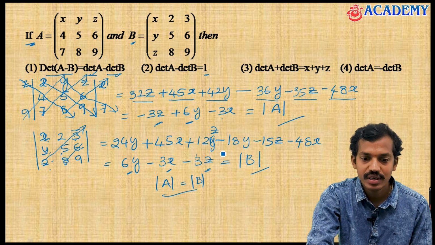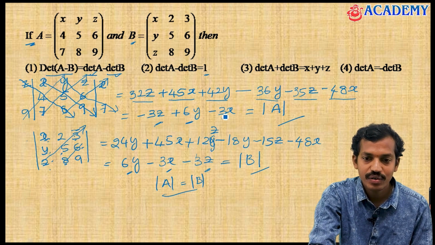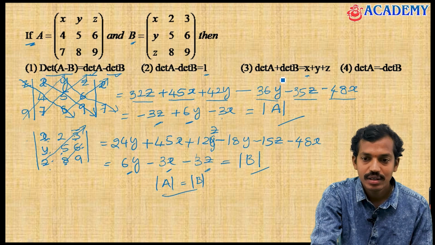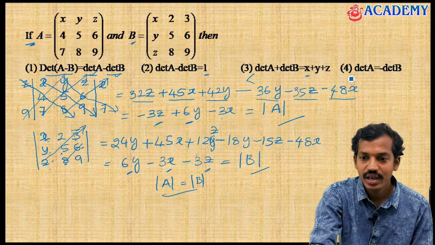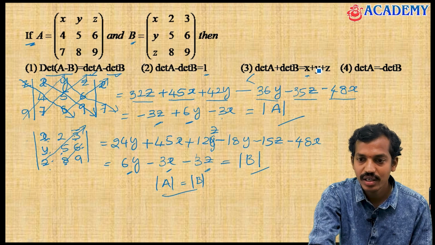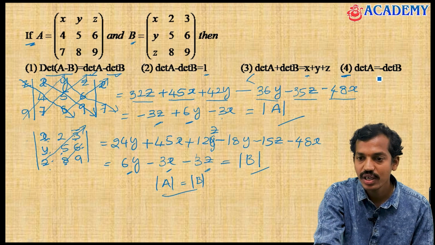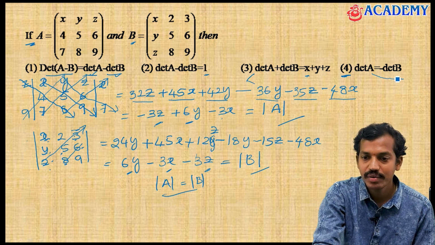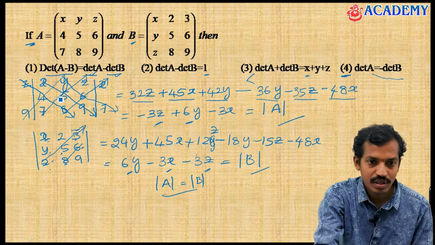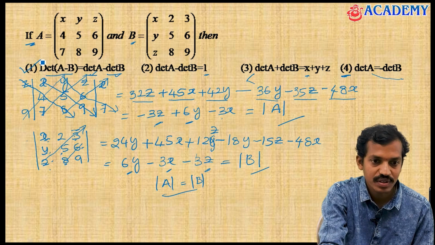And if you add determinant of A and determinant of B, you get minus 3x minus 3x, which is minus 6x, you won't get plus x. So this is also a wrong answer. And determinant of A equals minus determinant of A, as given, is not true, so the fourth option is also wrong. That's why simply the first one is going to be right.